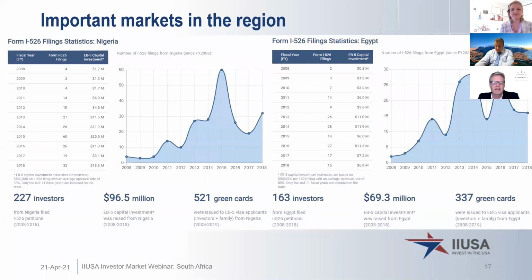Both Nigeria and Egypt, which is a slightly smaller market, would have seen a significant pickup in 2019, as we've seen in all other markets. But more recently, Nigeria was impacted by the travel ban, which was mentioned earlier as well. But that's been lifted by the Biden administration. We're going to chat about the other African markets a little later in the discussion,